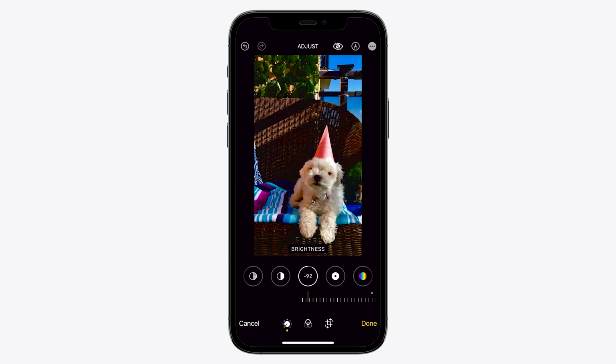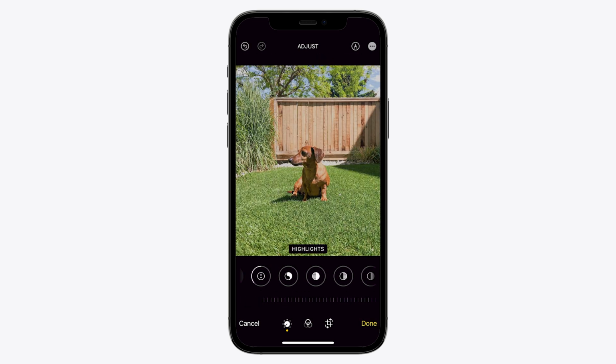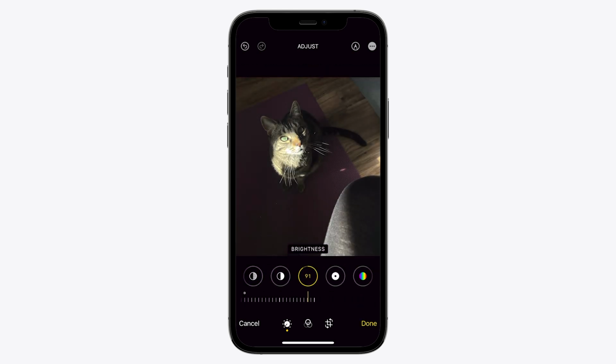more predominantly. I've personally found that the exposure tool lends itself better to darkening photos, whereas the brightness tool lends itself better to brightening photos. The proper tool to use really depends on your photo, and usually when I'm adjusting exposure, I'm using both of